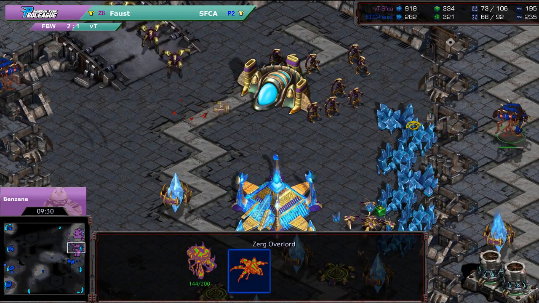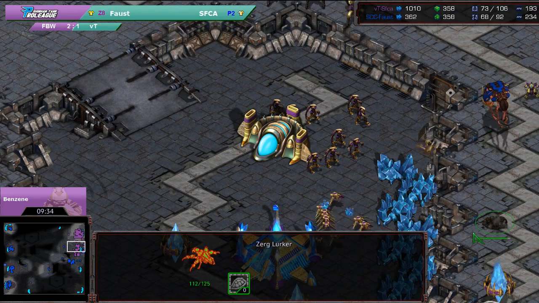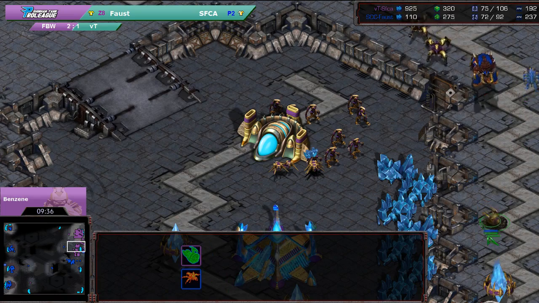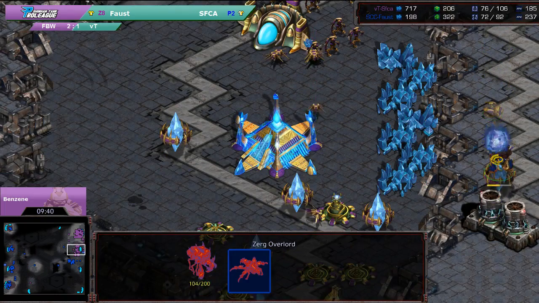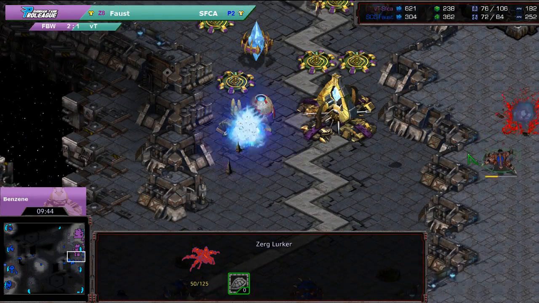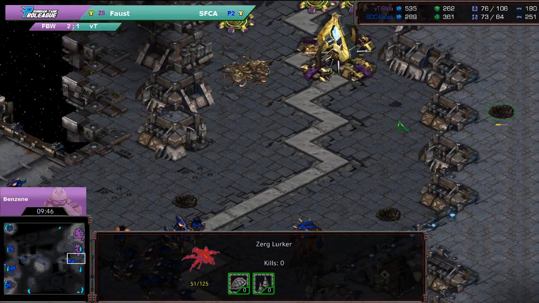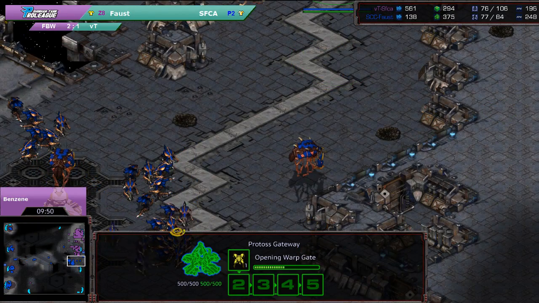Oh my god, he picks up the Overlord. This is sick. Faust is absolutely styling right now. We're going to see a storm not coming down. But there is an observer. Oh, and look at that hot pickup by Faust. He's going to try and get out of here. But that's going to be a... Ooh! Saves the Lurker, that's big. Doesn't manage to save the